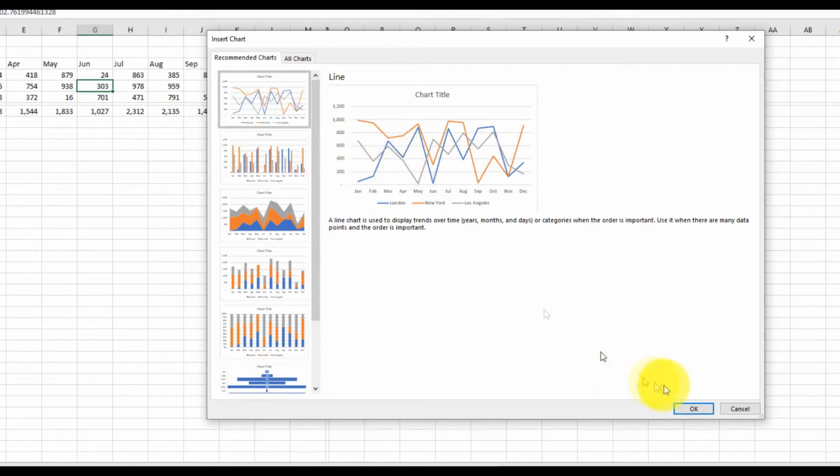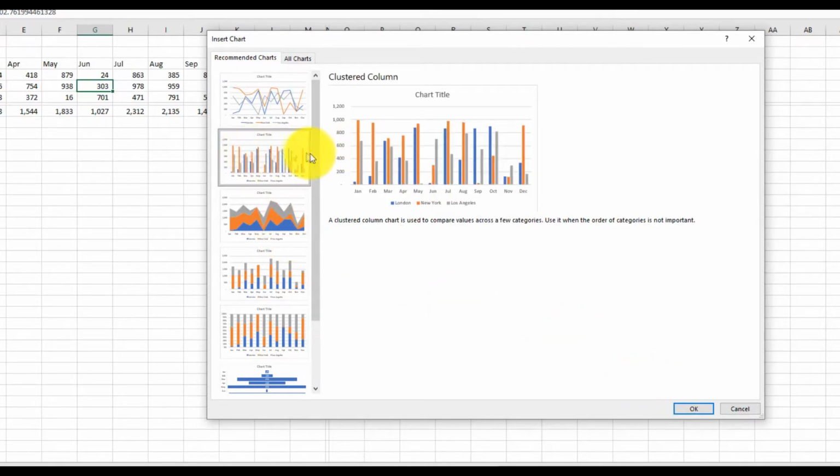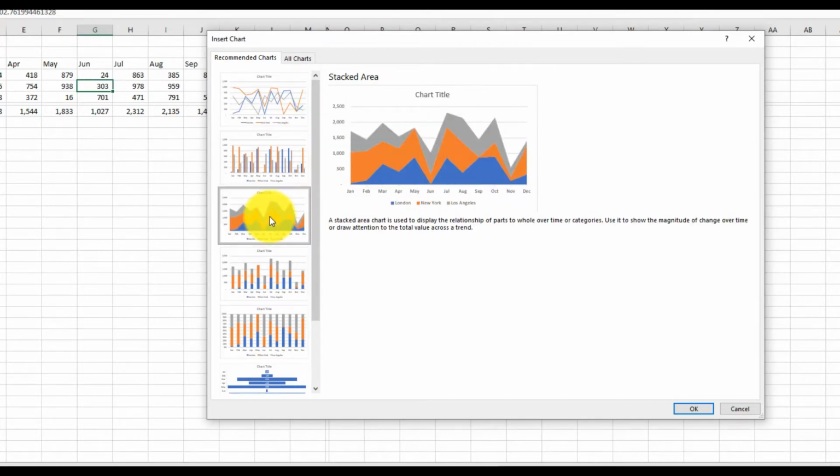So this is probably the most useful. It's the one I like because you can compare all three branches against each other every month. This is quite a good one as well because it